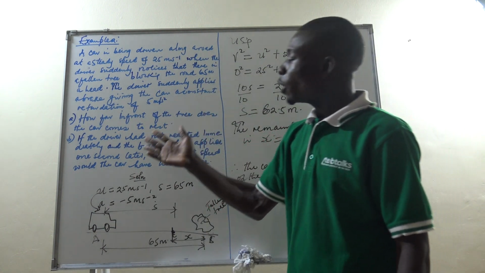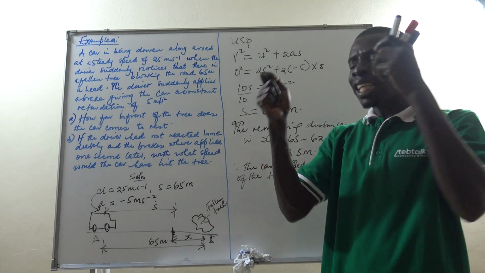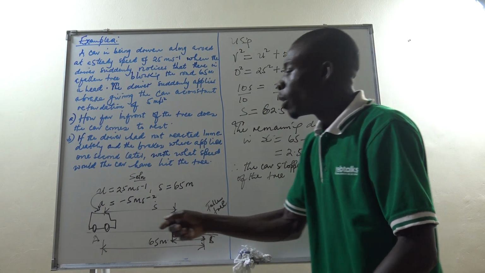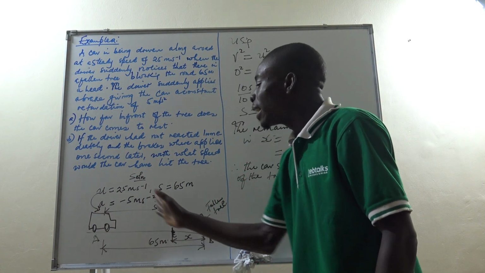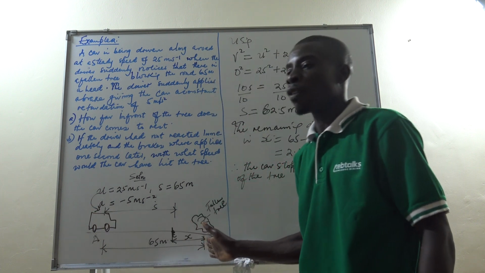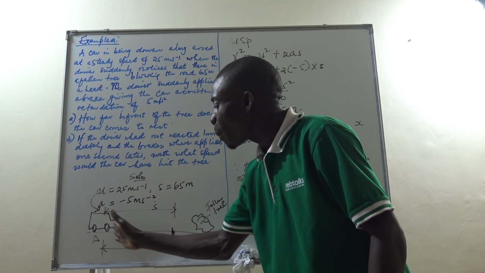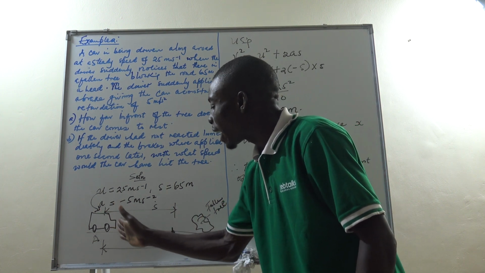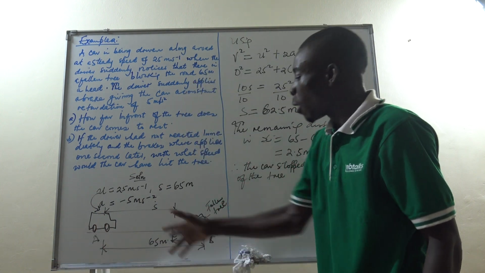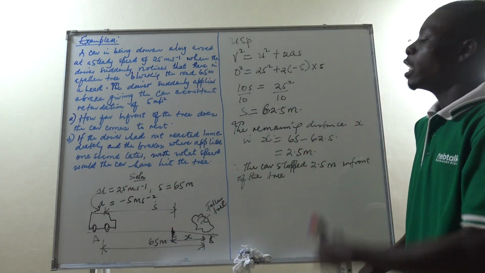So now the point is, if he delays in applying the brake for 1 second, that means that when he saw the tree 65 meters away and delayed for 1 second, he would have covered part of the 65 meters in that 1 second. So let's look at what distance is covered out of the 65, because he did not apply the brake immediately. He first traveled